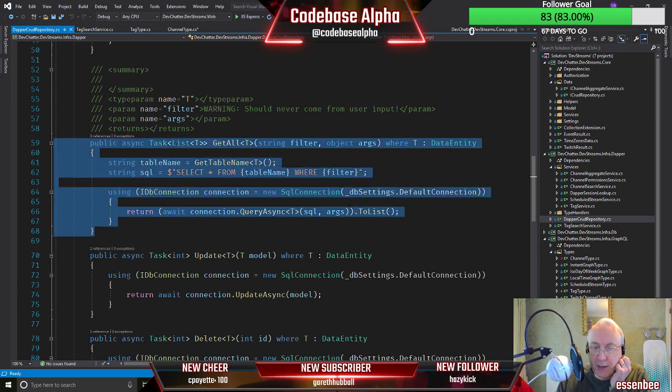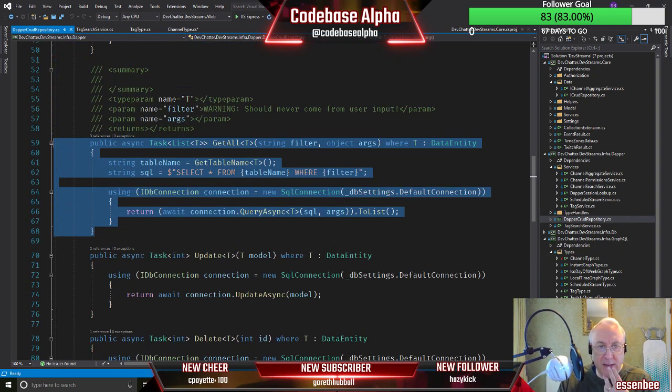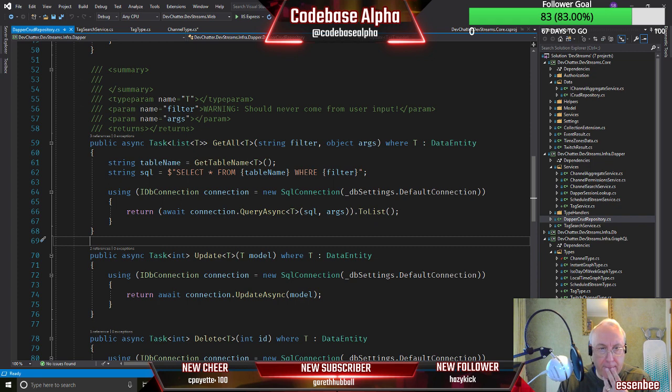So it's got a constraint on it where it's a data entity, but this isn't a data entity. Now, do I just take that off? Or do we just make it a data entity?